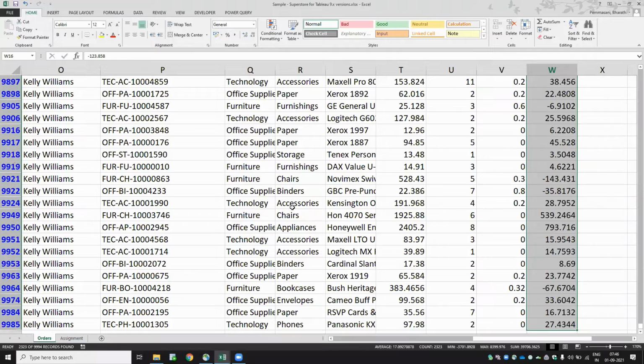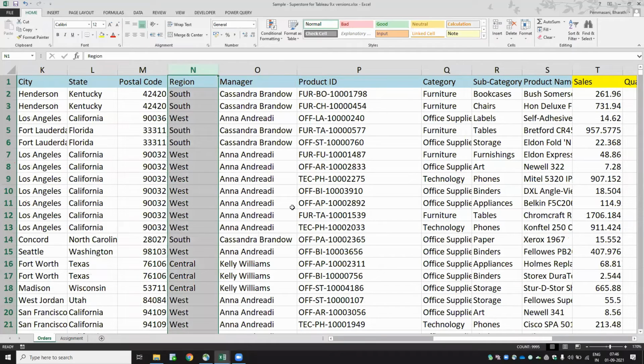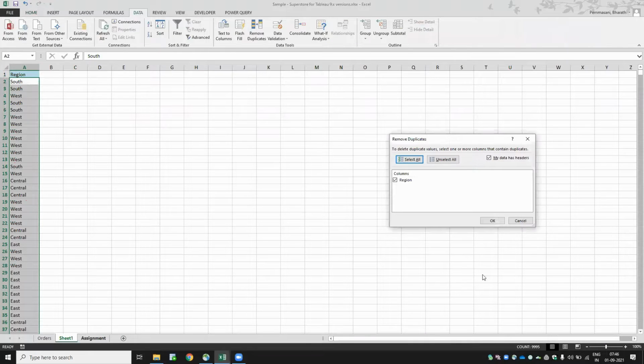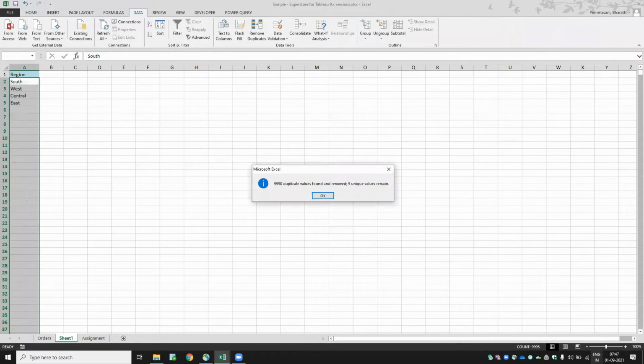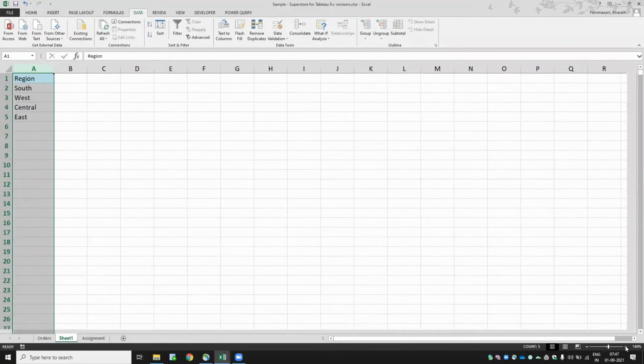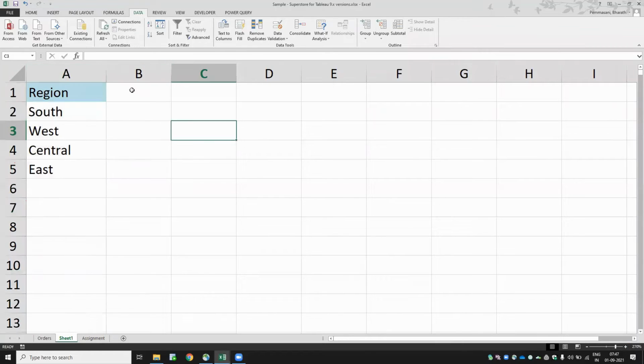I cannot do it for all the cases one by one. So what I'll do is draw in a new sheet. I copied the region-wise data. I think it is visible for you now.